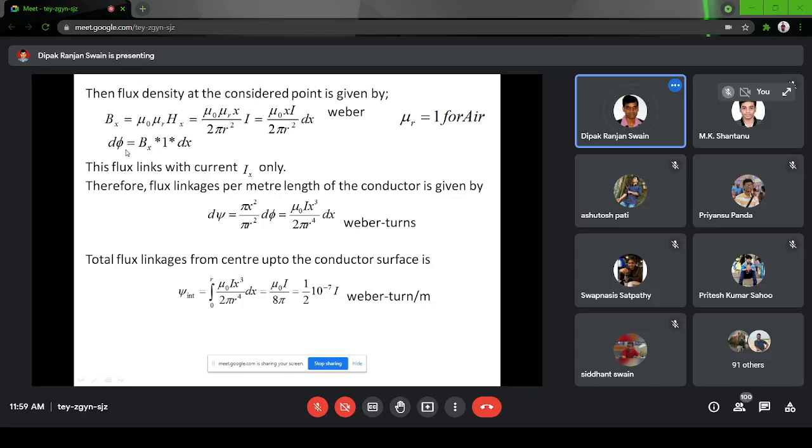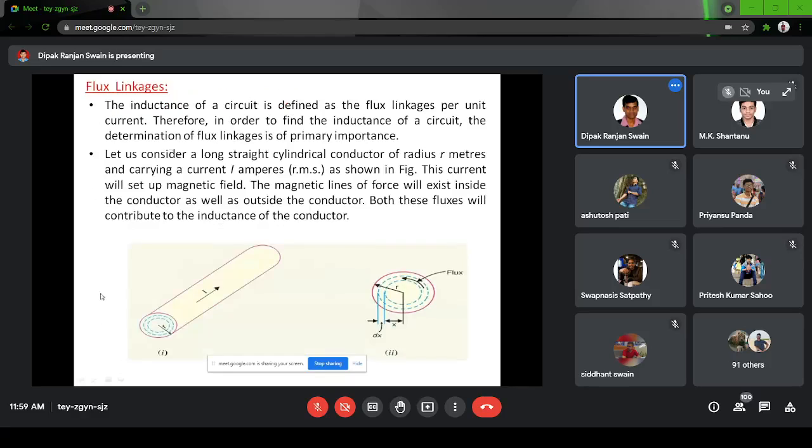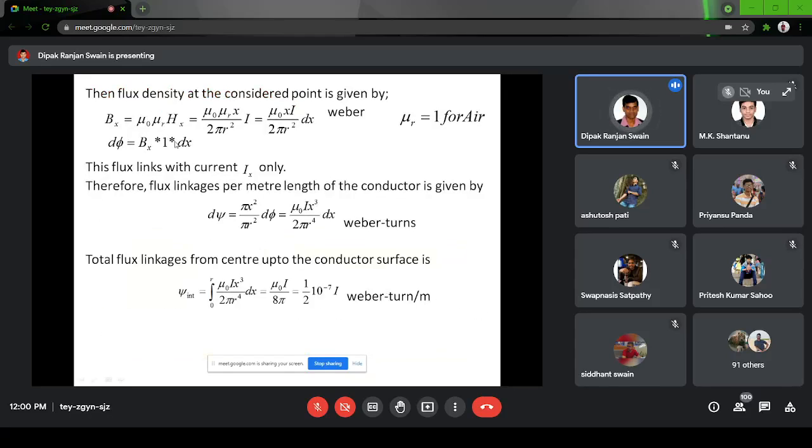So for flux, I am taking only a cross section and calculating for unit area. The length of the conductor here is 1 meter, and this distance is dx. So what is the area utilized there? dx into 1, and the flux density is Bx. So the total flux in that particular zone of 1 meter will be given by this equation, d phi equals Bx dx. Now this flux links with the current Ix only, which we have already calculated. So therefore the flux linkage